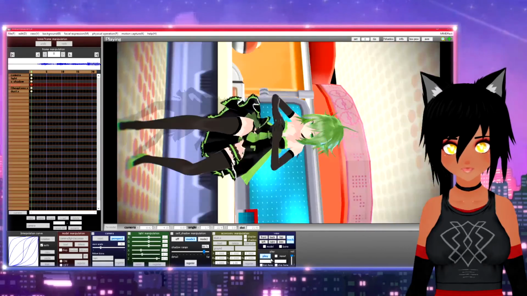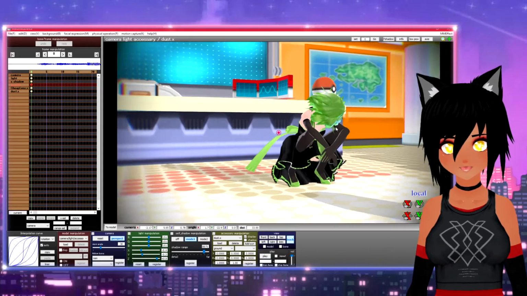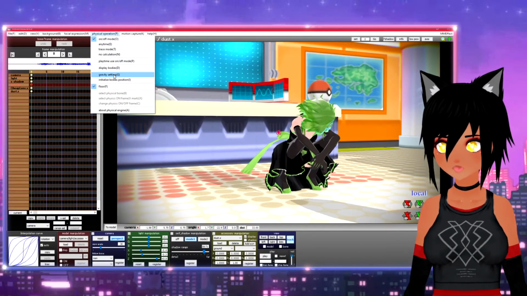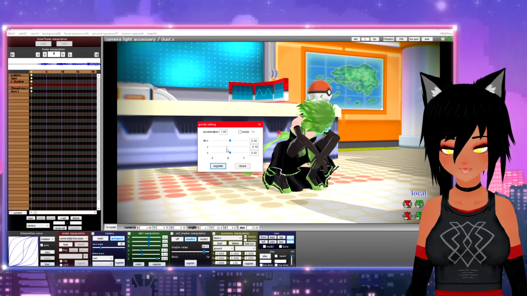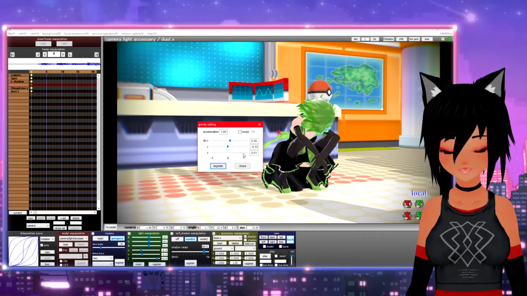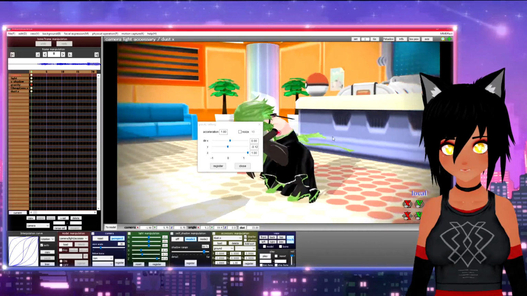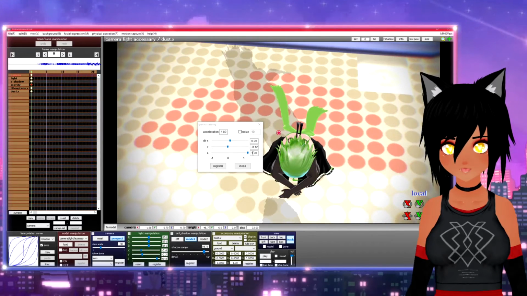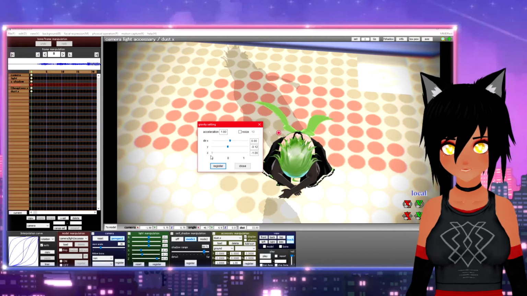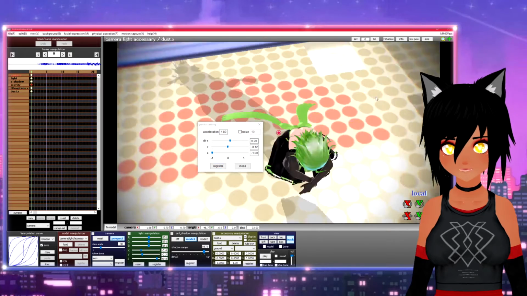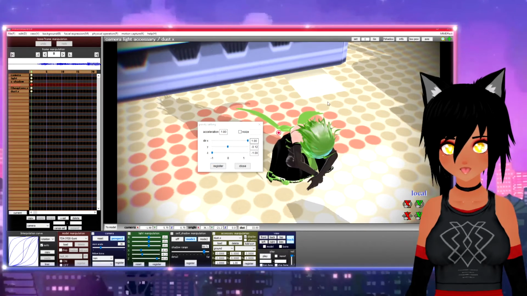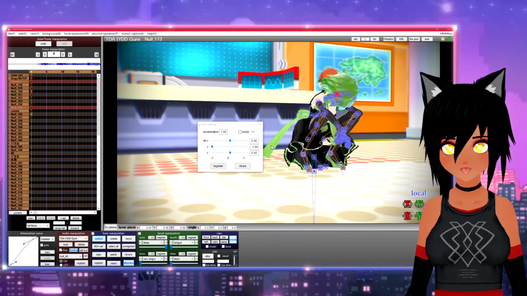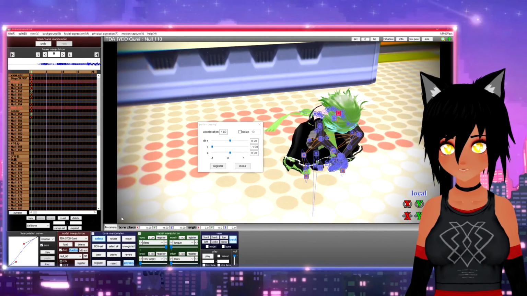And yeah, you can also get some effects like that. If you want wind, you can go to gravity, and instead of having gravity pulled down, you can have it pulled to the side. So now you can see her ribbons are moving to the side. We can have them moving that way.